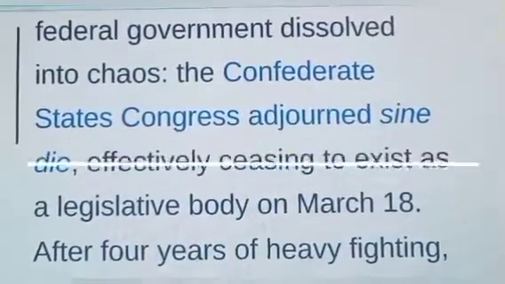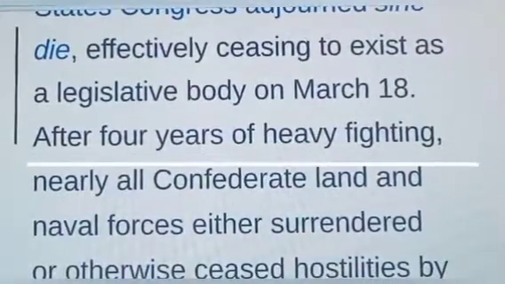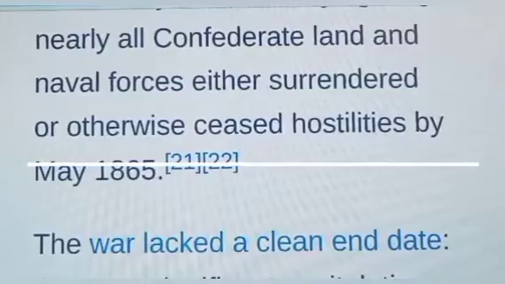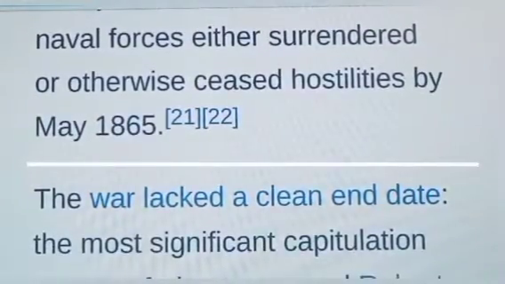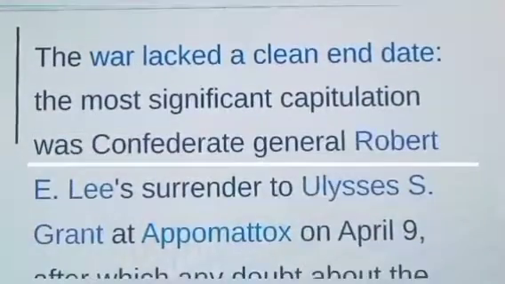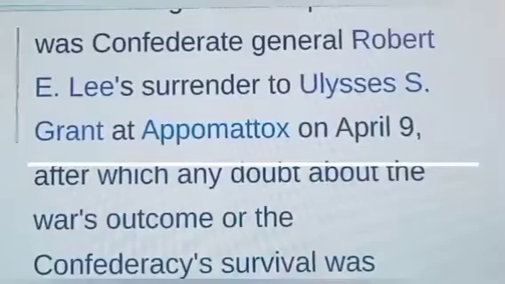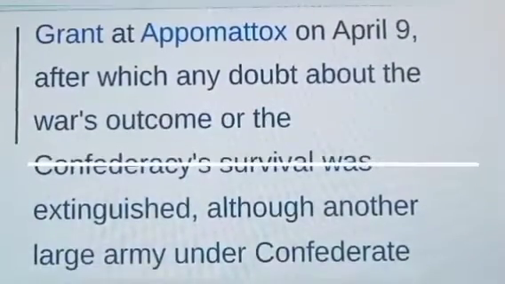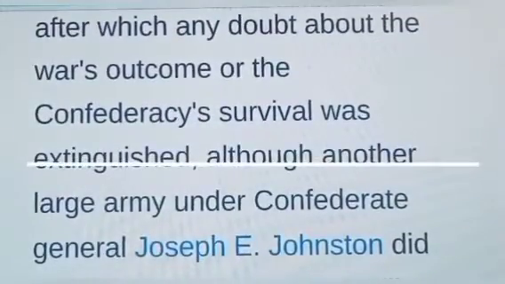The Confederate States Congress adjourned, effectively ceasing to exist as a legislative body on March 18, after 4 years of heavy fighting. Nearly all Confederate land and naval forces either surrendered or otherwise ceased hostilities by May 1865. The war lacked a clean end date. The most significant capitulation was Confederate General Robert E. Lee surrendered to Ulysses S. Grant at approximately on April the 9th, after which any doubt about the war's outcome or the Confederacy's survival was